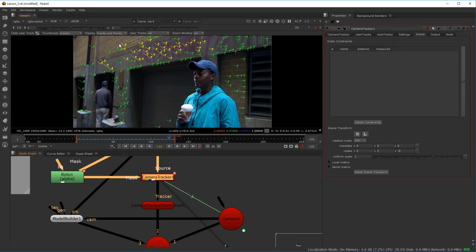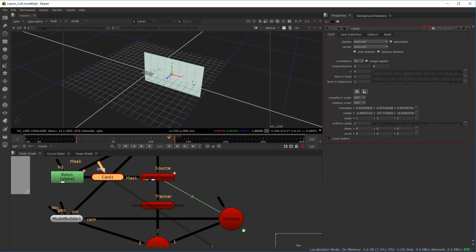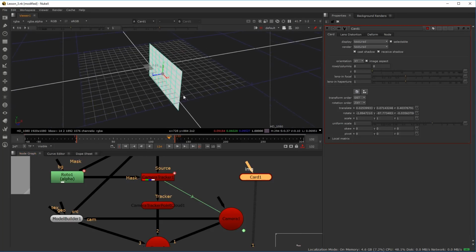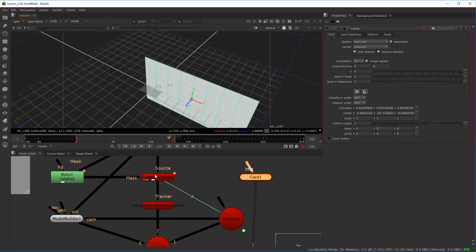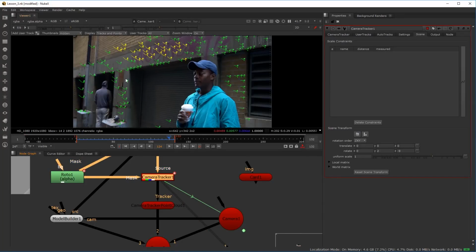camera tracker node and grab a series of points like this and right-click and say, create card, you'll have an actual card which will be orientated to all of those dots. And yes, you are correct. You can do that. You can keep coming in here, going back to your camera tracker node, and then just moving through your shot and maybe grabbing pieces like this, or I can actually grab these guys right here,